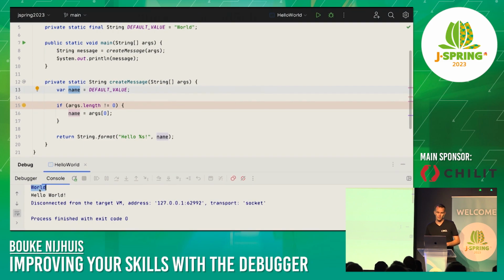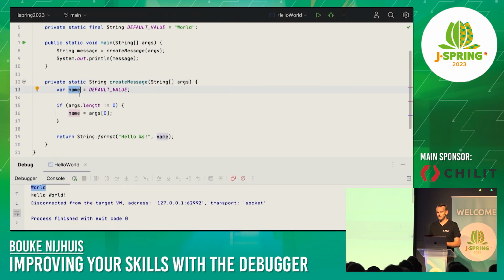Now, I'm pretty happy with this feature, but there are 2 things I would like to improve. The first one is I don't see the name of the variable. So if you use a lot of those logging breakpoints, you don't know which value belongs to which variable, which is annoying. And furthermore, I prefer to use the keyboard as much as possible. So actually, I want to do this without using the touchpad or the mouse. Now, unfortunately, I could not find a way in IntelliJ to do this, but